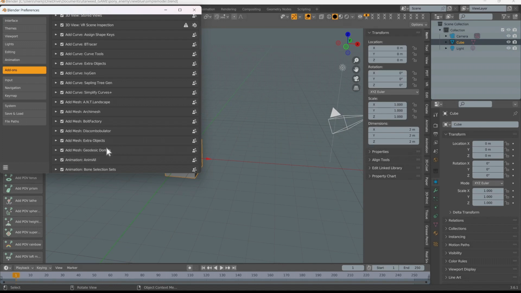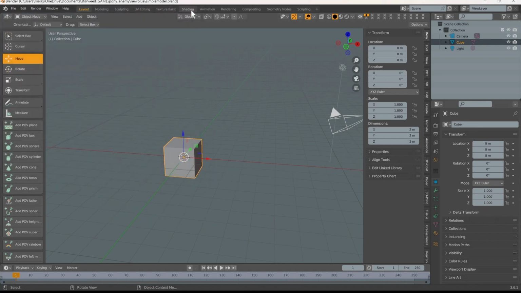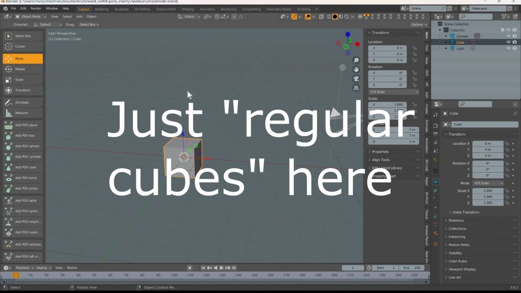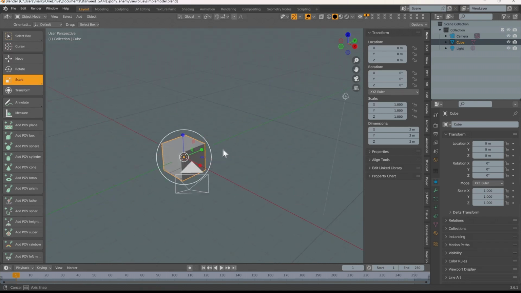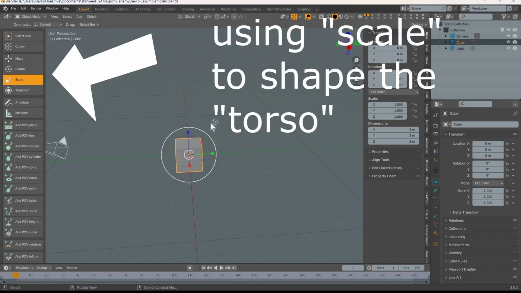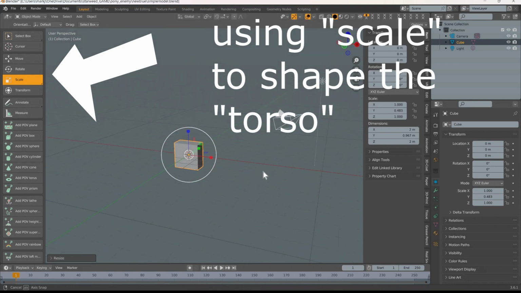Extra objects is things like rounded cubes. And rounded cubes are very nice for modeling mechanical humanoid characters. I'm recording this narration actually after I made the video. I remember, I thought I was going to get into things like rounded cubes, and I wanted to show that we should have it turned on. And then I started to think, you know what, let's just stick with the basic shapes and not make everybody load too much. So just working with the basic cube here,